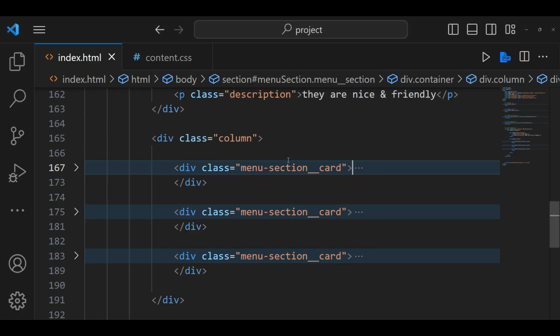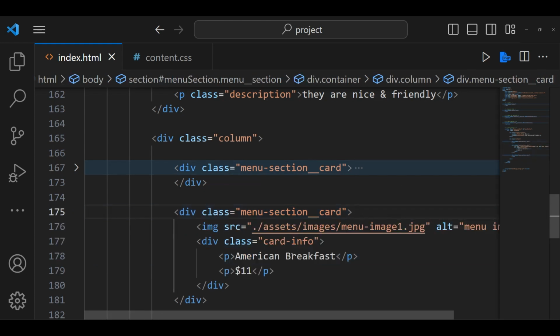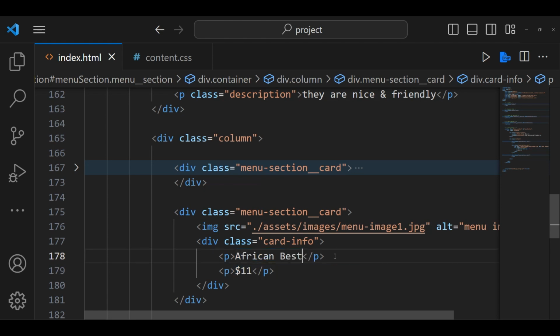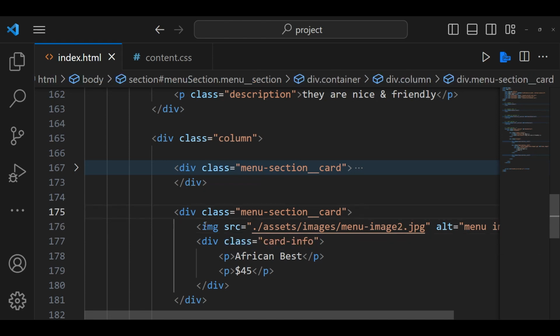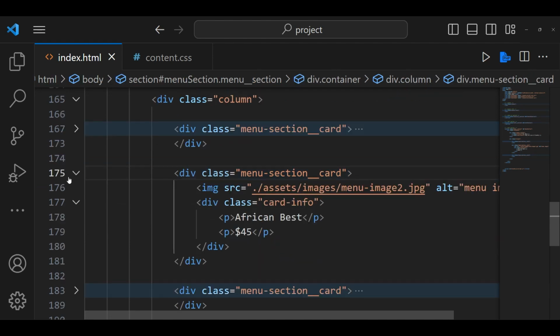We come here and then let me give it the name African Best. Those of you in Africa, you know Africa, we taste a lot of good food, eh? So $45, okay, $45, and then the image is 2. All right, and so from there